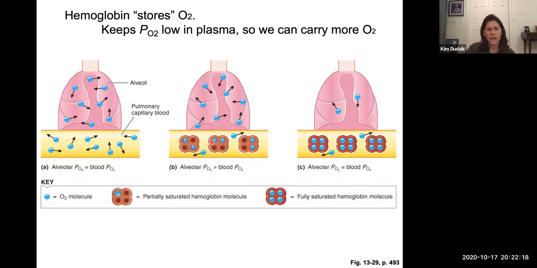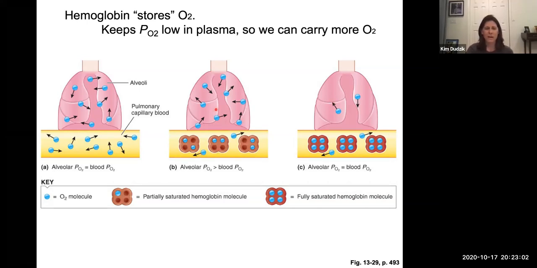So what would happen is that as these oxygens are diffusing across the membrane to get into the capillary, into the plasma, it gets attracted right away into the red blood cell where the hemoglobin binds it. So now this molecule is not in the plasma, so it's not contributing to partial pressure. That keeps the partial pressure low. So another one can come, and another one can come, and another one can come. You can see we've got 12 spaces to fill here. So before, we were only carrying 8 in the plasma. Now you can see we've got 2, 4, 6, 7, 8, but we still have spaces for 6 more, right?